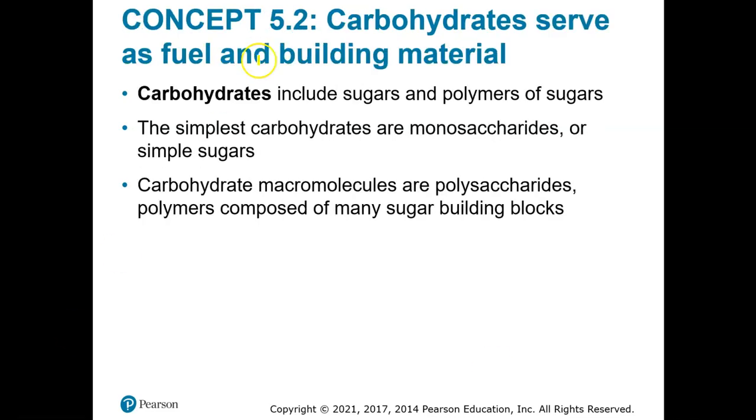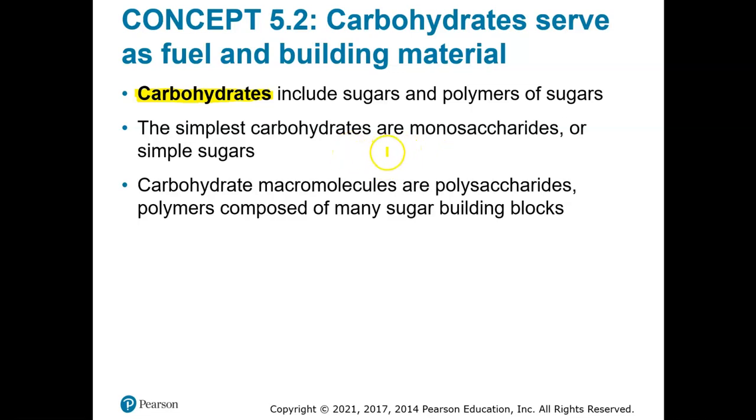And we're going to start with carbohydrates. You may know that as a food group. The word carbohydrate tells you the elements that compose carbohydrates. Carbo for carbon, hydro for hydrogen, and anytime you have ATE on the end of a chemical name, it means oxygen. So carbohydrates include sugars and what we call complex carbohydrates, which are going to be longer chains of sugar